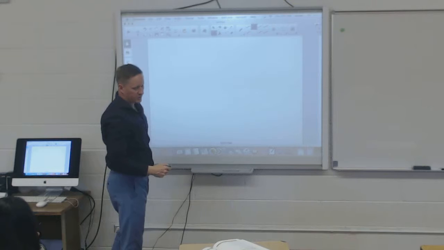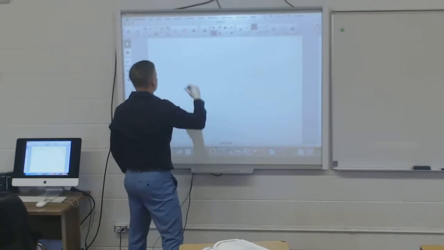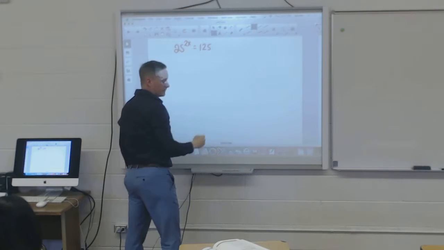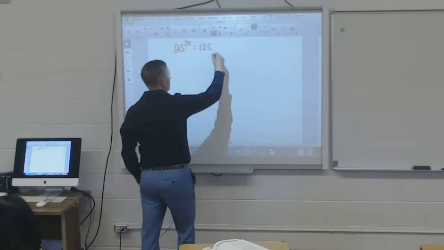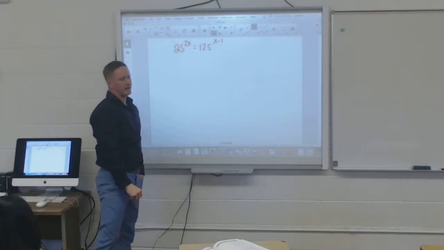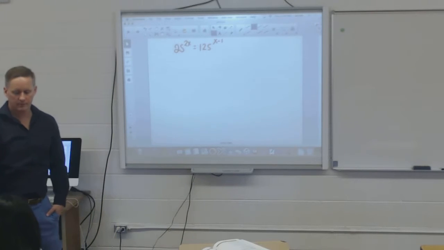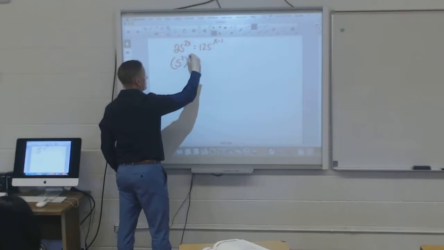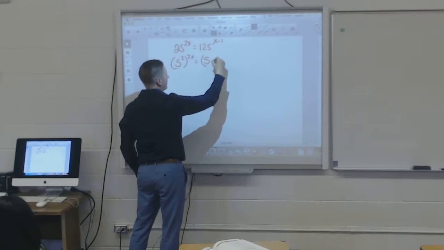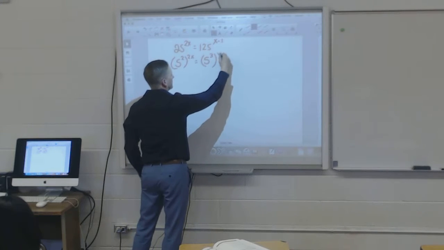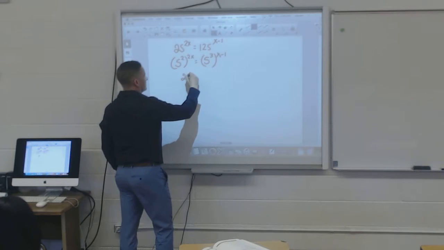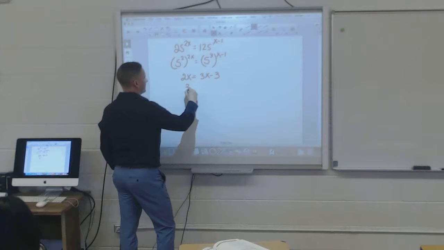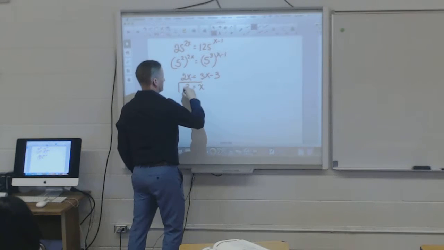I'm going to go through this quick. We've done this already. 25 to the 2x equals 125 to the x minus 1. So what's the common base between 25 and 125? 5. This is 5 squared to the 2x. This is 5 to the power of what? 3, the x minus 1. 2x equals 3x minus 3. Add 3, subtract 2x, x is equal to